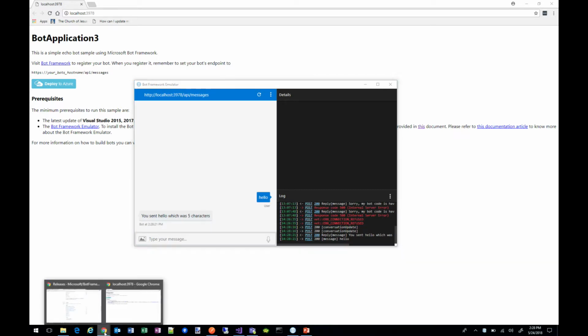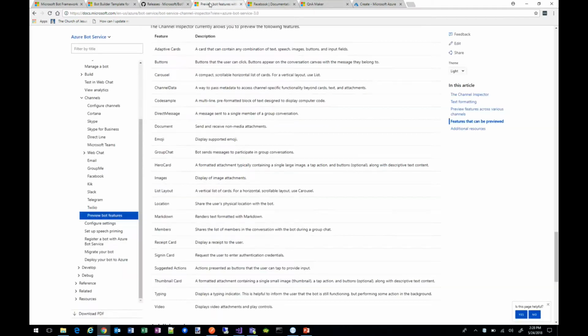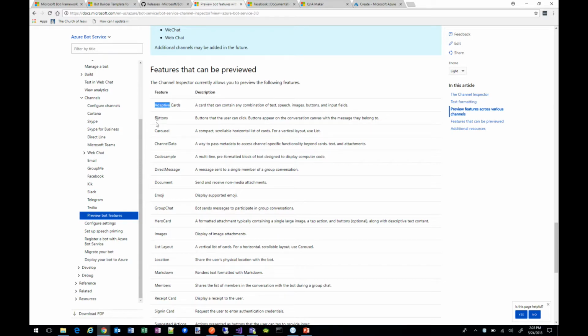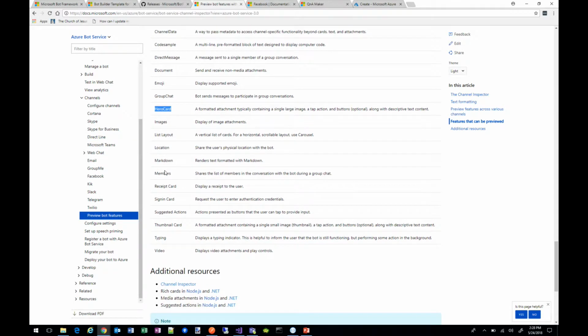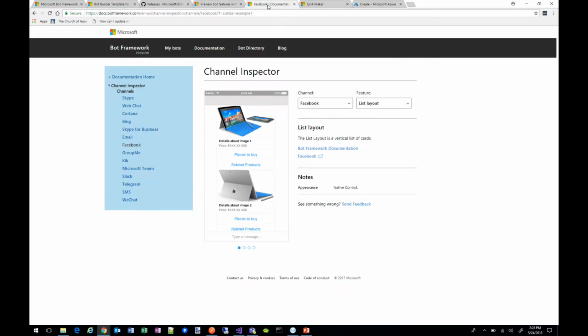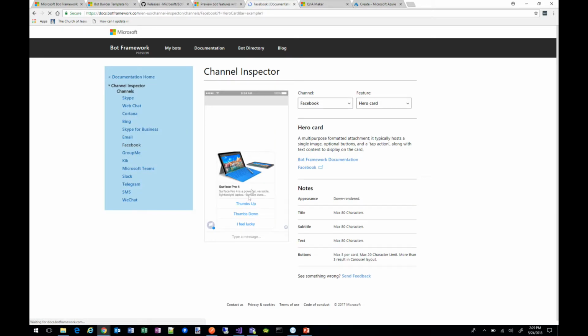Microsoft has provided a really rich set of things you can do with bots. This is a list of all the stuff. You can do adaptive cards, you can have buttons, you can have scrollable carousels. These hero cards are really cool for displaying data. You can have lists, and you can have whole forms in bots so that you can collect data. And they have this little thing out here where you can preview some of these things, so you can see what a hero card is. But I'm not going to show you any of that because I'm going to run out of time.